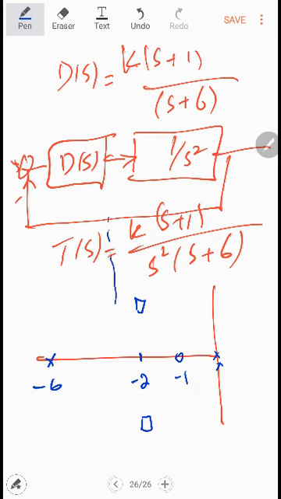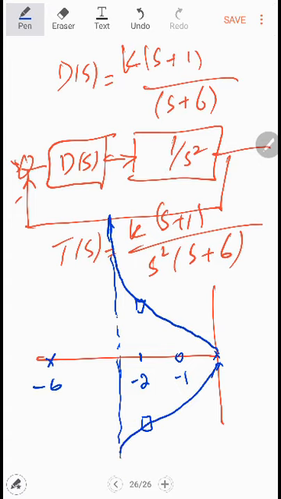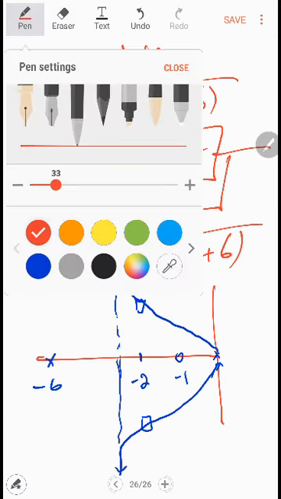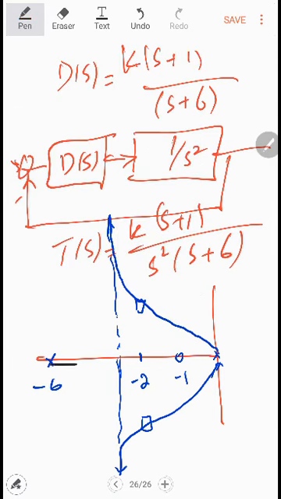You can also find the point of intersection, which should be somewhere in between these points, near to -2. Now this means that the root locus, the first one, will rise, pass through this point, and go into the imaginary axis. Similarly, this one will rise, pass through this point, and go into the imaginary axis. And this one, what will it do? This will go from the pole and toward the right.